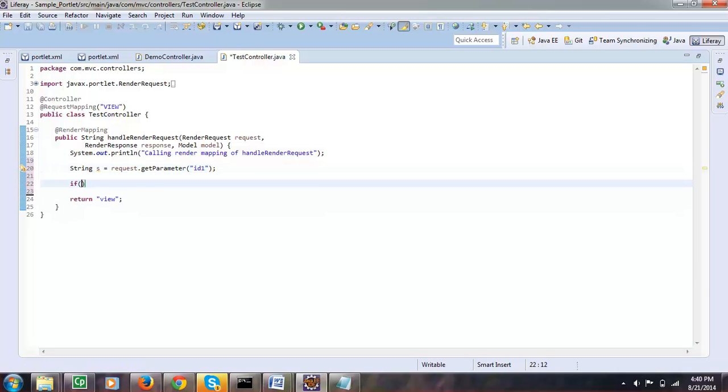Let it be session or demo1 variable, demo1Bar. Now if this demo1Bar is not equal to null,